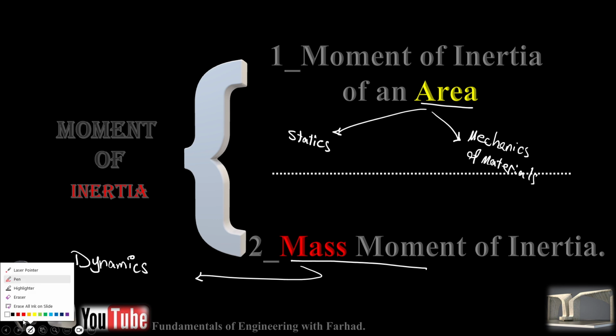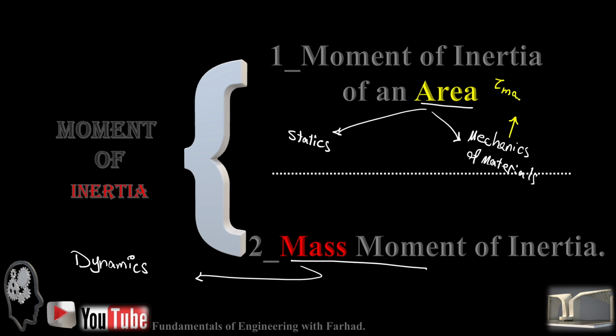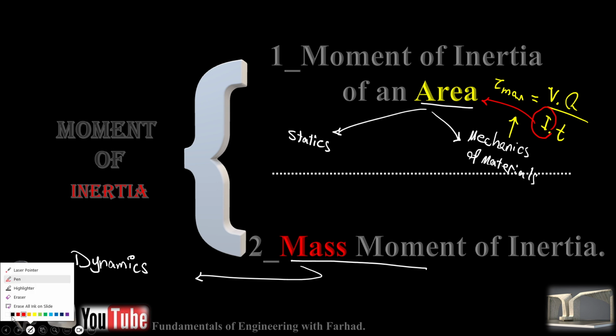So for the first one, if you consider the calculation of tau maximum, the equation for that is VQ over IT. This I stands for moment of inertia of an area. And for the dynamic example,